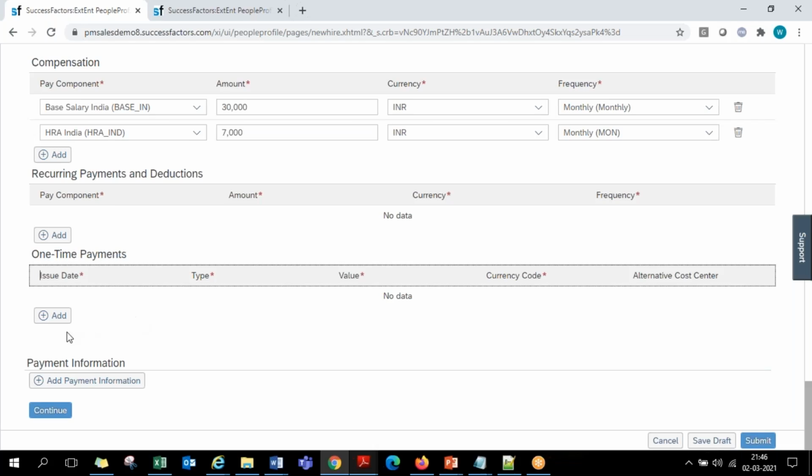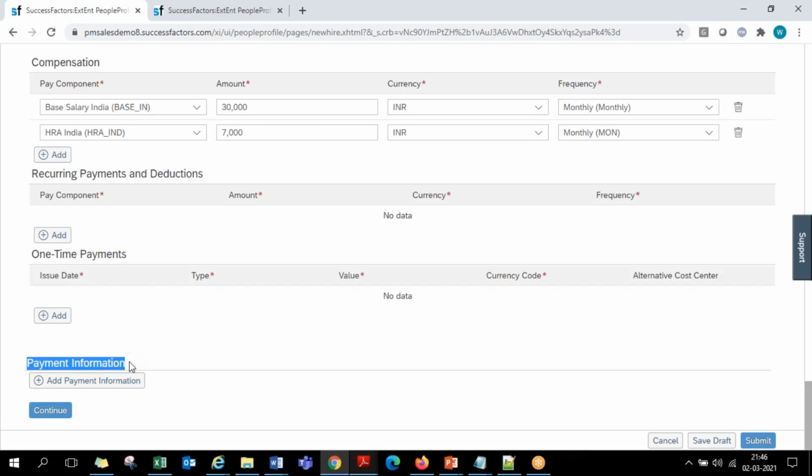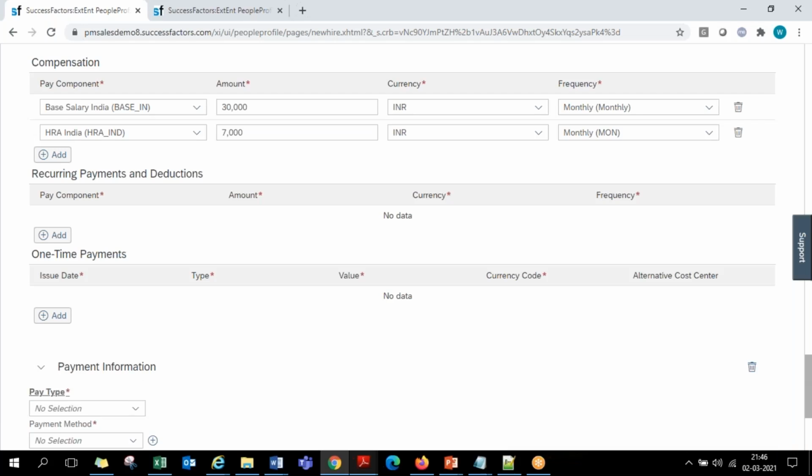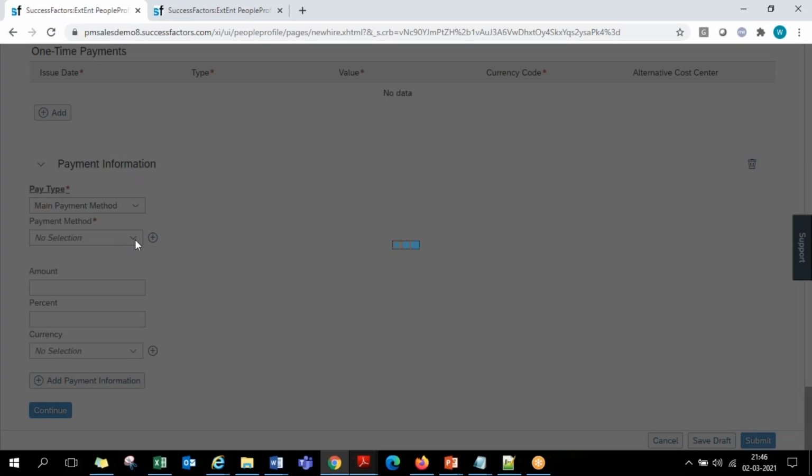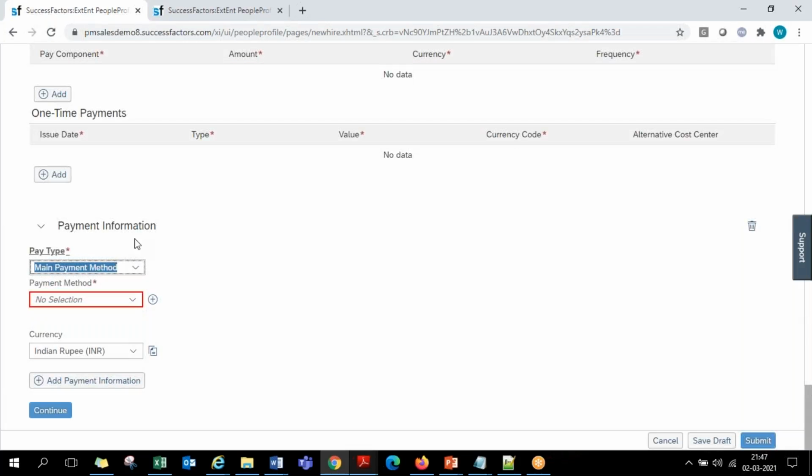And one last thing that will be coming up is the payment information, which is basically the bank account details. So when you're just clicking on add payment information here, you will be able to maintain the bank account details of the employee. The main payment method is what we choose, and whether that employee has to be paid through cash or check or bank transfer, like the different payment modes what the customer will be supporting, that can be added here.